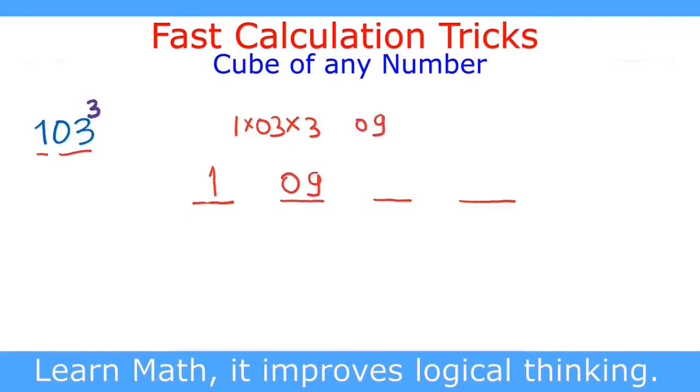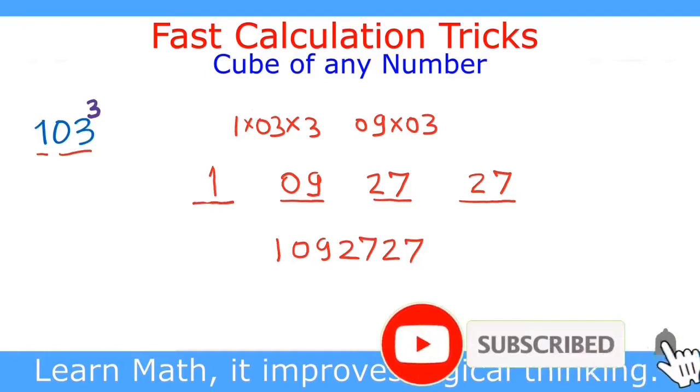Now we multiply this 09 by the second part of the number. So 09 multiplied by 03, and this is 27. This is already in 2 digits, so we directly write 27. Now in the fourth portion we write the cube of second part of the number, which is 03, and cube of 03 is 27, so we write 27. This is our answer. The answer is 1092727. Thus the cube of 103 is